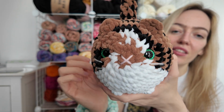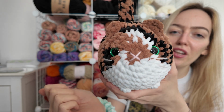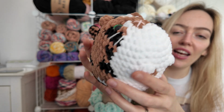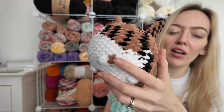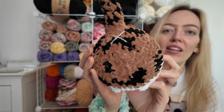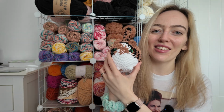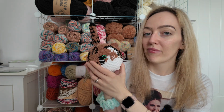But yeah, I've tried to get the face details to match as closely as I can. We've got a little pink nose, white whiskers, green eyes. Behind the front paws, the cat has some markings on the back of its legs, so I've done this to try and emulate that. A little butt on the back. So yes, he is all... Are you a he? I can't remember. They are off to their new home this afternoon. I need to go to the post office. And I also finished my...